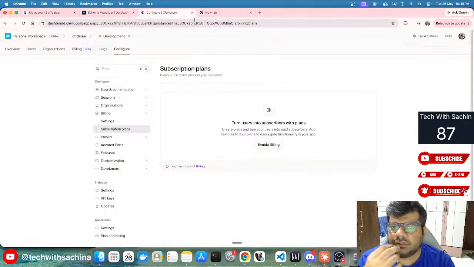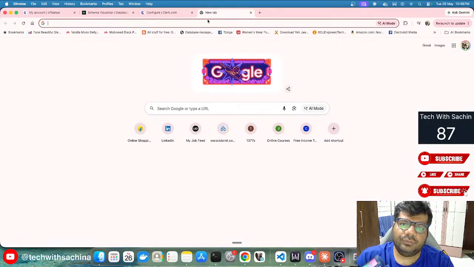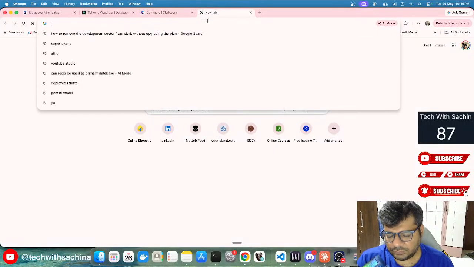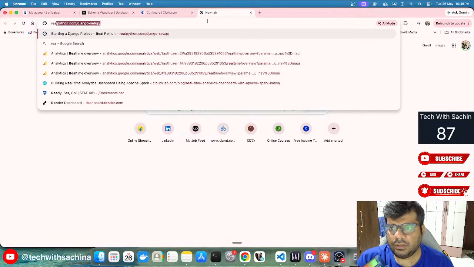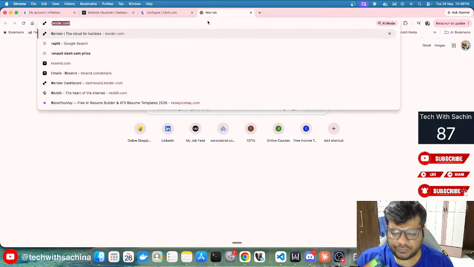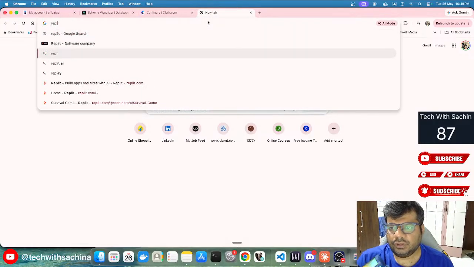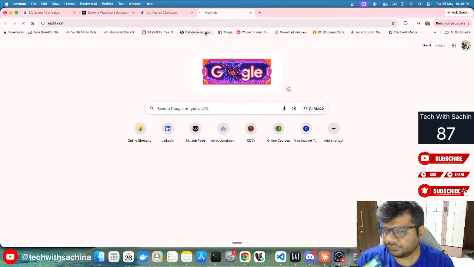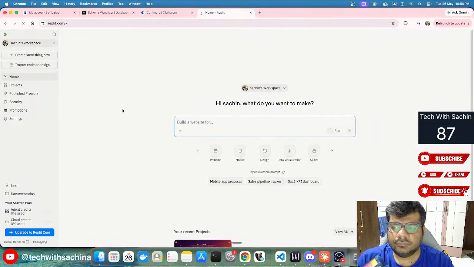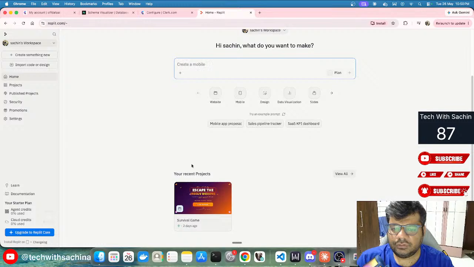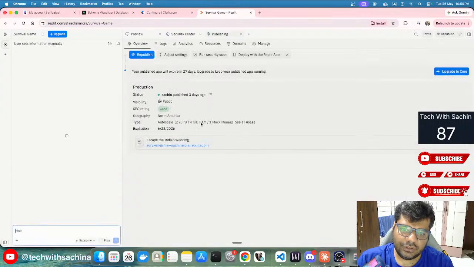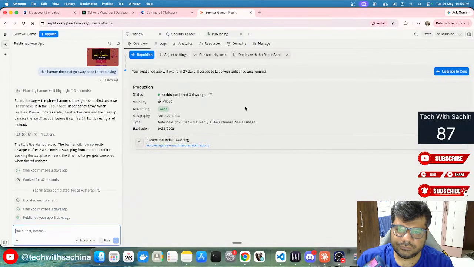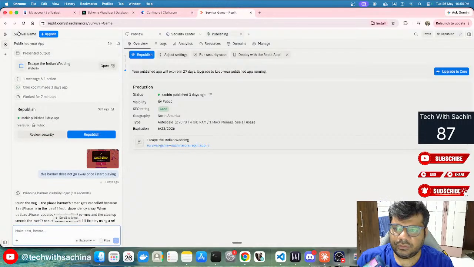Okay, so let's now at least try to see a few parts of, what is it, Replit. Okay, so let's see Replit. This is how Replit looks. So I actually tried designing a game in Replit, right? So it's actually good. The game I had developed in Replit, I'll showcase it to you.